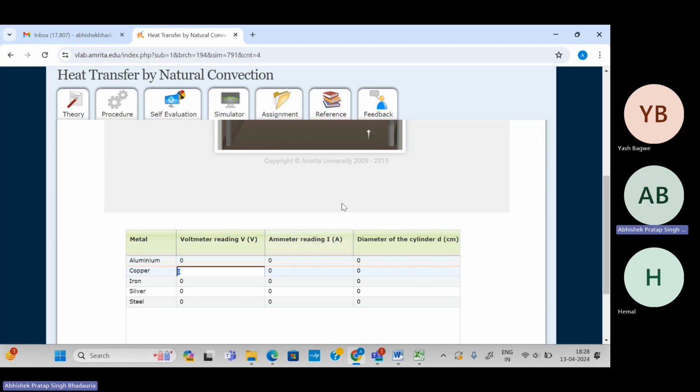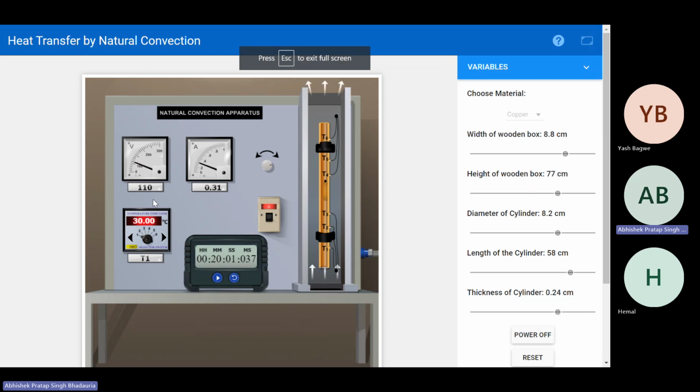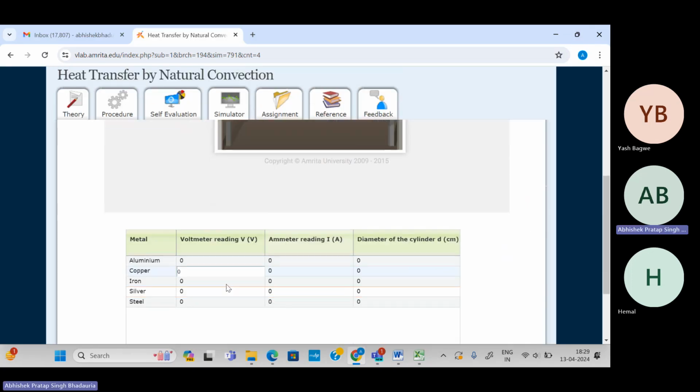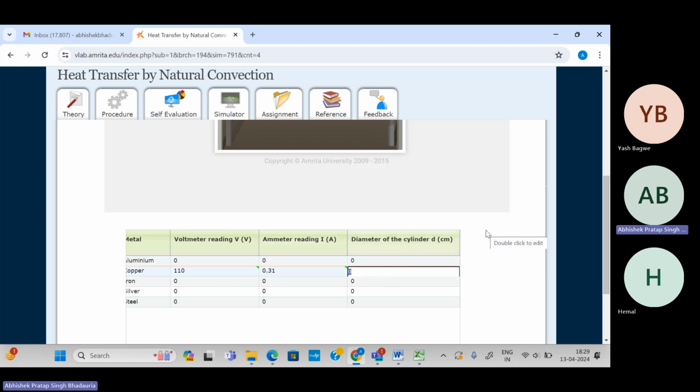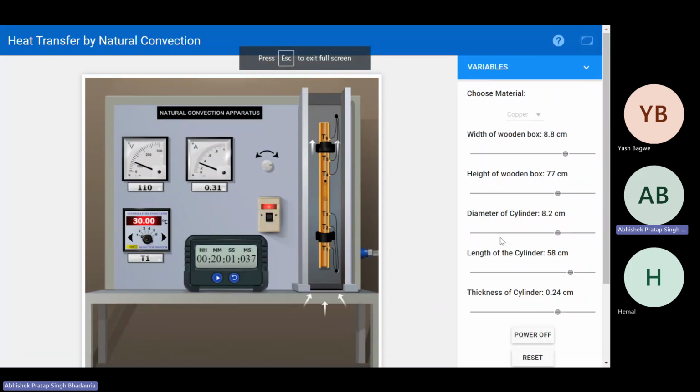The voltage value was 110 volts. So let's see how much it was. You just see, voltage value is 110 and current value is 0.31 ampere. So we will come here. We'll put the voltage value as 110 volt, and the current value is 0.31 ampere. Now the diameter of the cylinder was 8.2 centimeter, right? We took 8.2 centimeter. Diameter of the cylinder is 8.2 centimeter, and length is